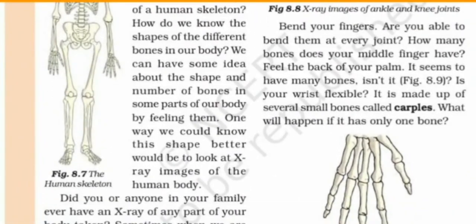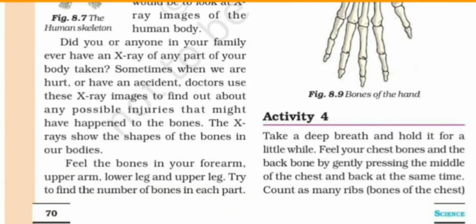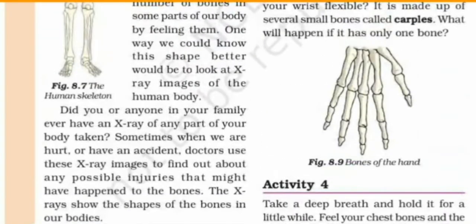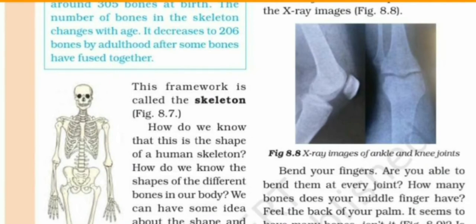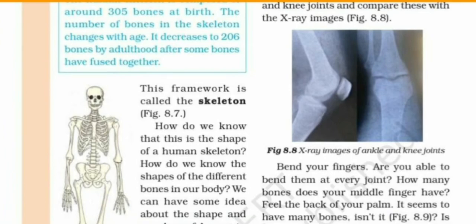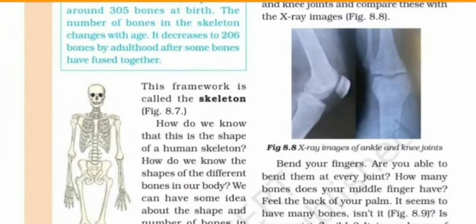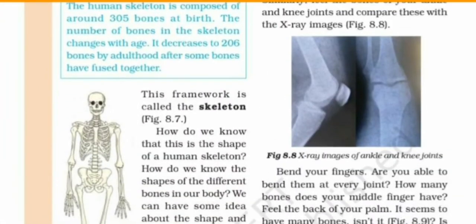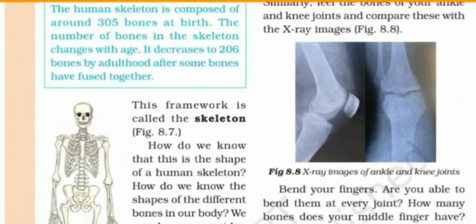You can also observe these parts while taking an x-ray. When you meet with an accident and if a part of the body is swollen, then for the diagnosis, the doctor tells you to take an x-ray. In an x-ray you will find a picture like this. In figure 8.8, the x-ray of an ankle and a knee is given. From this x-ray you can see the various parts of the body, of your own and of others also. In this way it is used for diagnosis by a doctor. If there is any crack or any injury, then it can be easily located with the help of an x-ray.